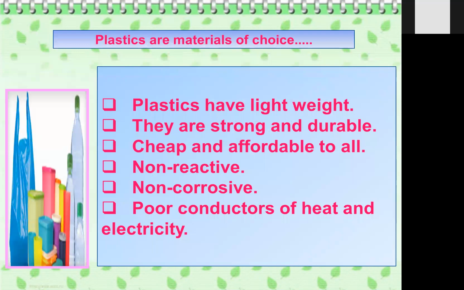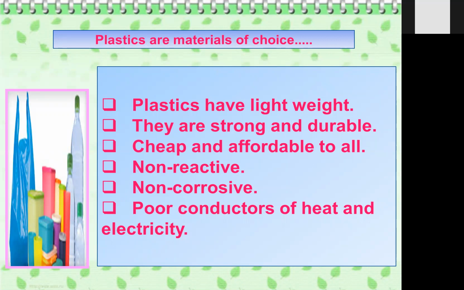Plastics are the material of choice. You know why we use plastic. Although, plastic is not a biodegradable substance, no doubt in that, right? The peels of vegetables, fruits, waste, animal excreta, plant waste material, everything is biodegradable because it can decompose easily, right? We can make compost or other things. They are not harming the environment. But plastic, on the other hand, is non-biodegradable, like plastic and metals.